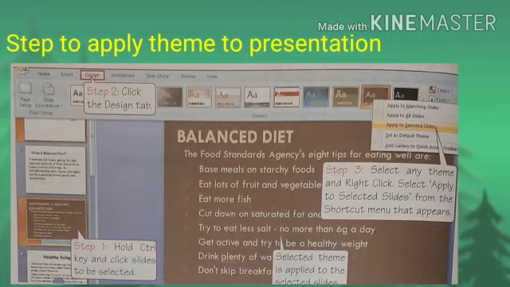Then we'll give a right click, and a menu will appear, and from that shortcut menu we'll select Apply to Selected Slide, and then you can see the particular theme has been applied to that particular slide.